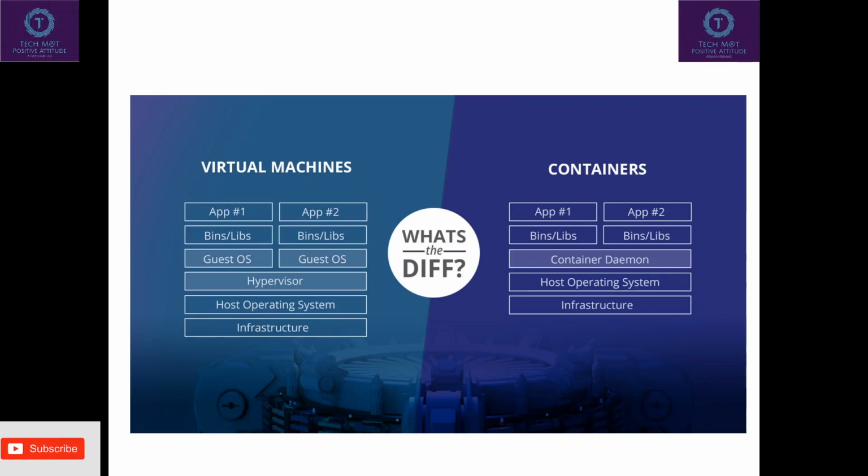But in containers, what is done? In containers, on the infrastructure we host the operating system that is required. On top of that comes directly the container daemon, or the container runtime, we can say. On that container runtime, there are libraries required for applications. On the libraries, the applications are hosted. In this process, the life cycle of containers is easy to deploy. The required memory, storage, and resources are less. The containers are lightweight. They can be transported from one environment to another in an easy way.